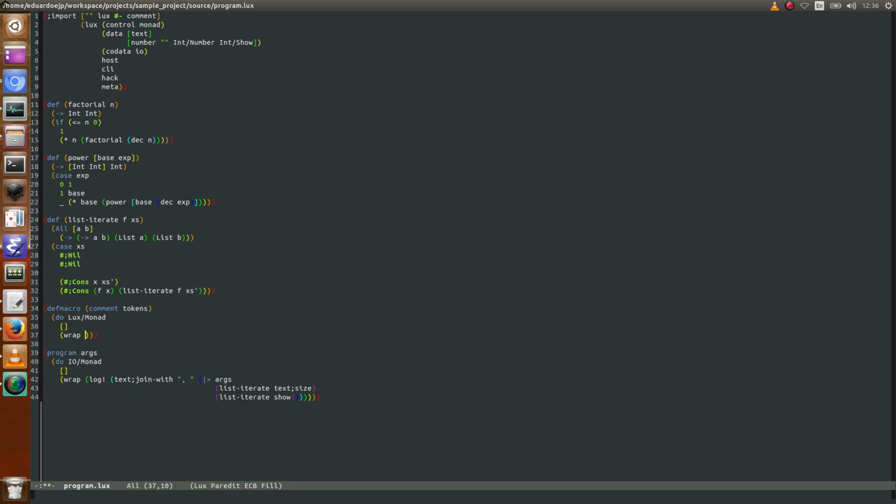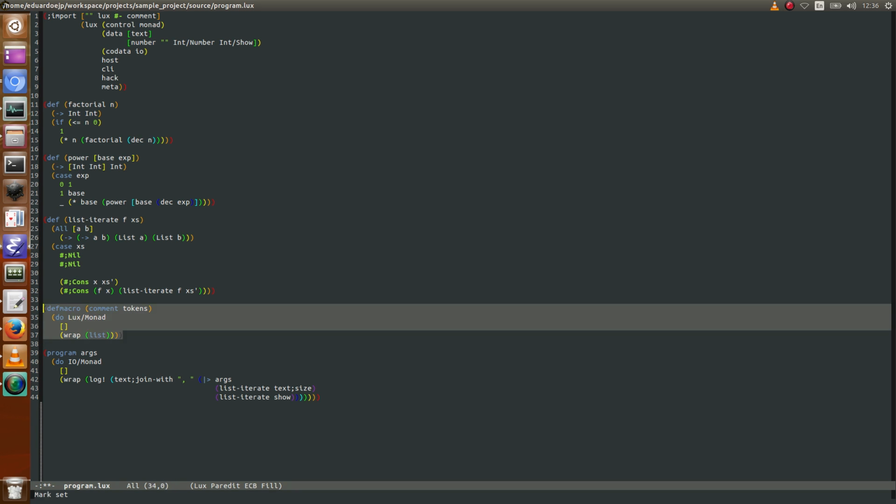You might remember the wrap function from the previous video on structures and functors and monads. I'm going to wrap an empty list. So basically, I'm going to say I am creating an empty list of ASTs. There's nothing, and I'm going to wrap it in my